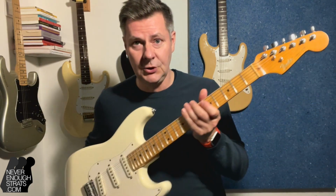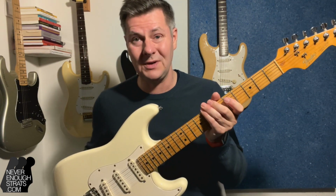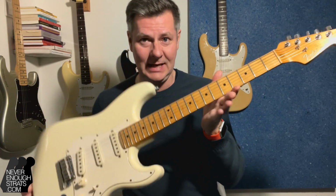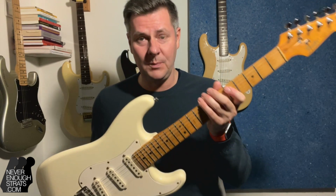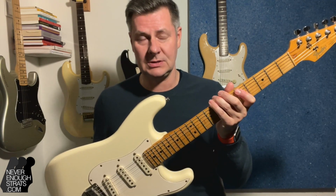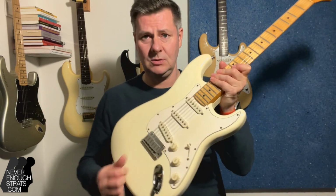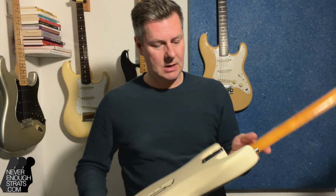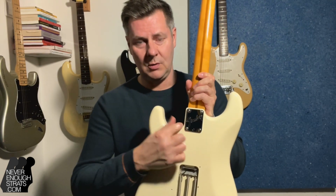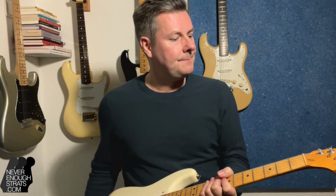This is the then new American standard, which was produced from 1987, this is an 88 model, until 2000, which is a very long period for a Stratocaster to be in the same model. It has a new bridge with the block saddles, of course, 4-bolt neck with the Fender logo on it, and